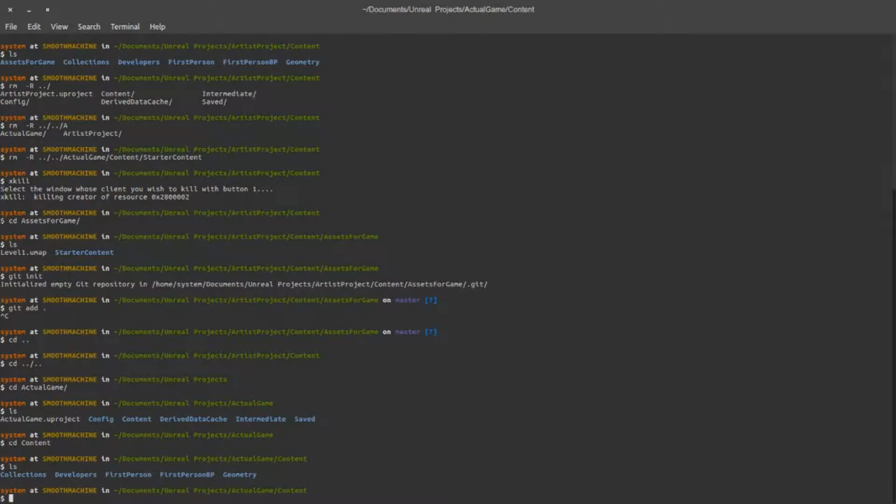And that way you're not double storing assets on a repository somewhere, and it's much more efficient. In this particular case, what we're going to do instead is I'm just going to make a link to it,